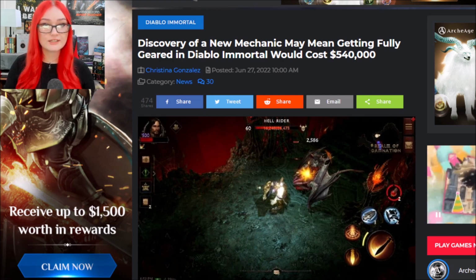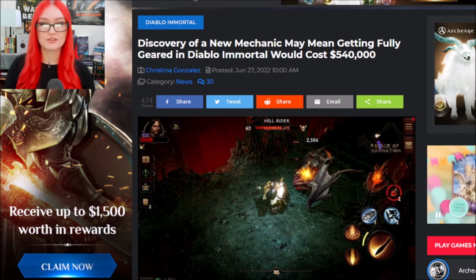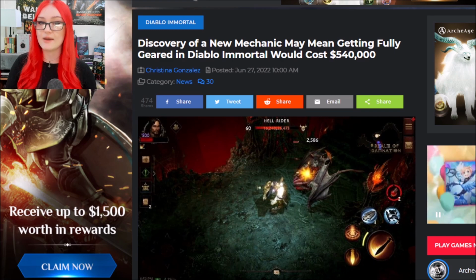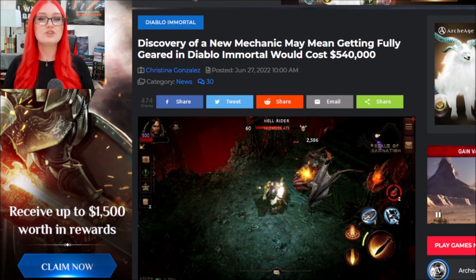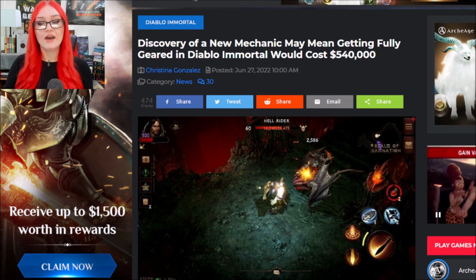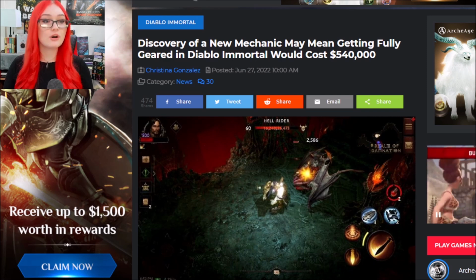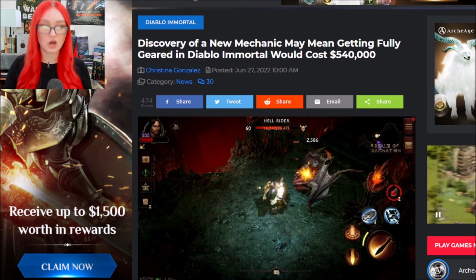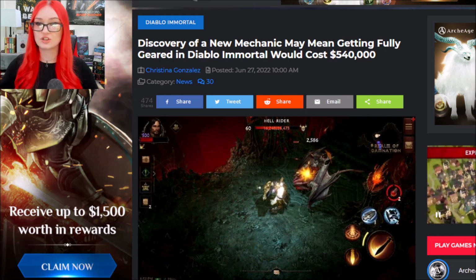I have criticized this game since it released, and I don't plan to stop anytime soon because it's even worse than we thought, because a new mega whale mechanic has been found in the game that costs over $500,000 to max out. I cannot believe that I have to say this, that Blizzard had the audacity to put a system in their game that costs $500,000. So I have a few different things to show off, but before we get into the topic at hand,